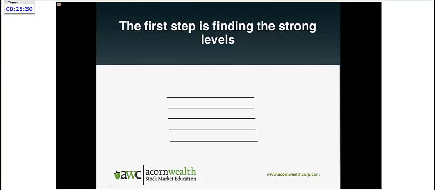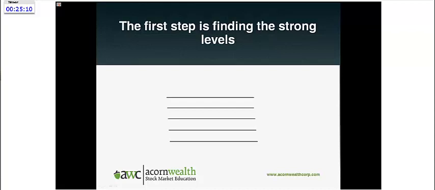Floors where these types of reversals are likely to occur or not occur. And the really key step in going through this type of analysis is finding where those strong levels are. The problem with trailing stops, you see, is that